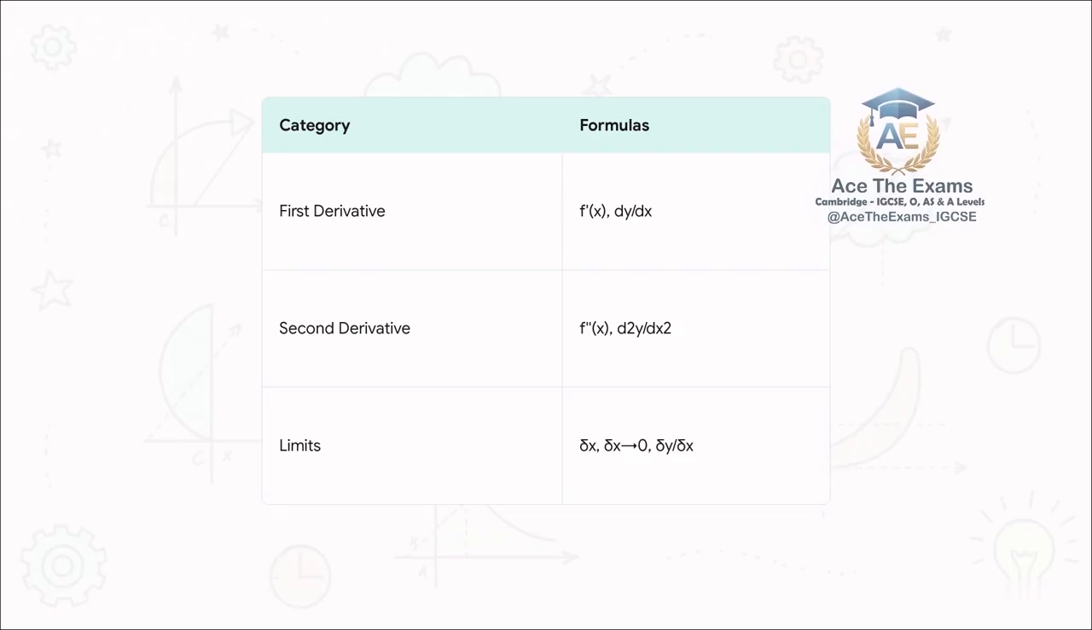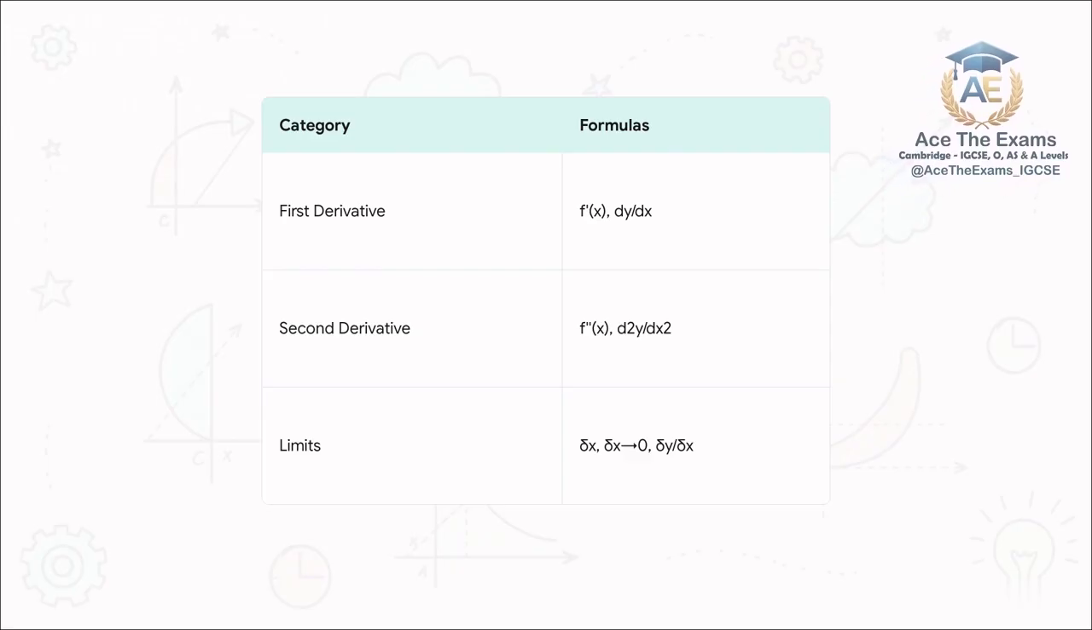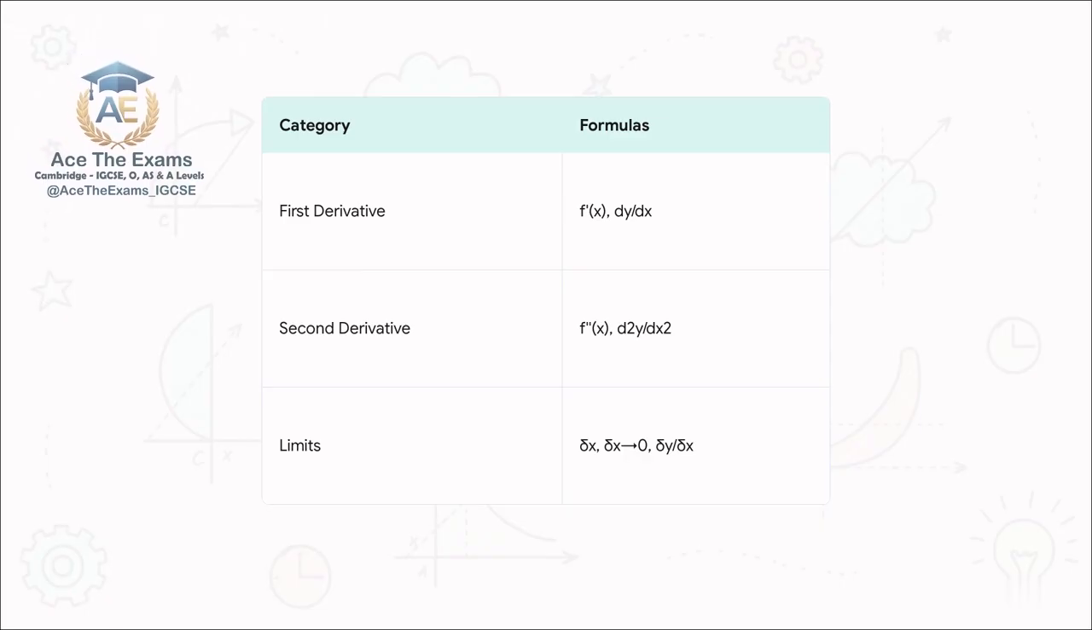Finally, let's look at column 3, limits and small changes. This is where things get really interesting. We have delta x, delta y over delta x, and the limit as delta x approaches 0. Delta x represents a small, finite, tangible change. It is an approximation. The absolute magic of calculus, and exactly what examiners are desperately wanting to see you understand,